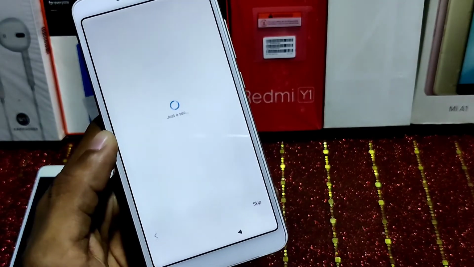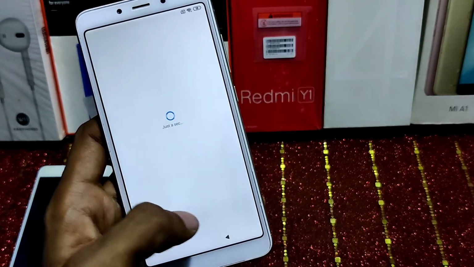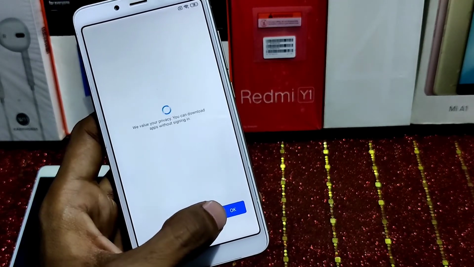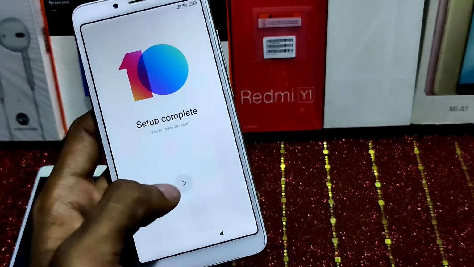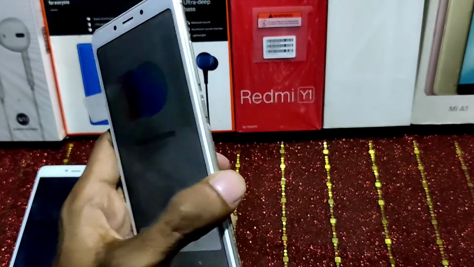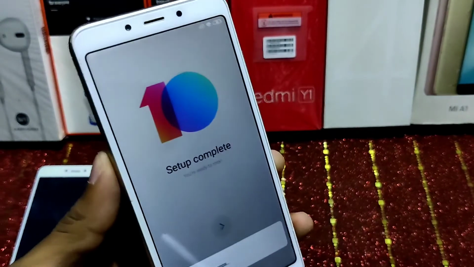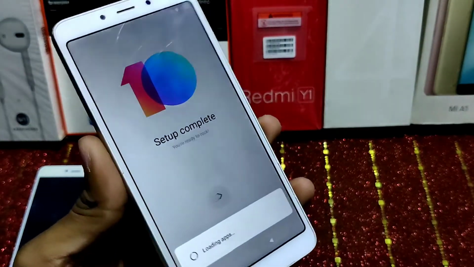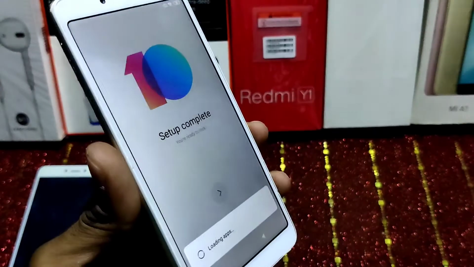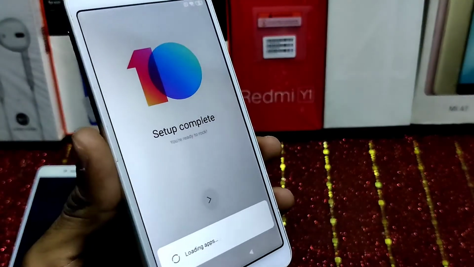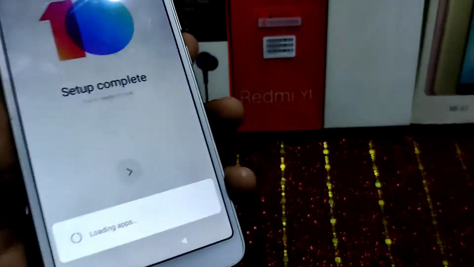It will show some ads. Just click on the skip button after loading. I am clicking on skip, and it will say something about cache. Just click on this and your device will work as usual. You will not face any issue. You will be able to use it like a previous device, it means like a new device. You will not find any Google account, and if it asks you for a pattern, then you have to enter the pattern which we have set just now.